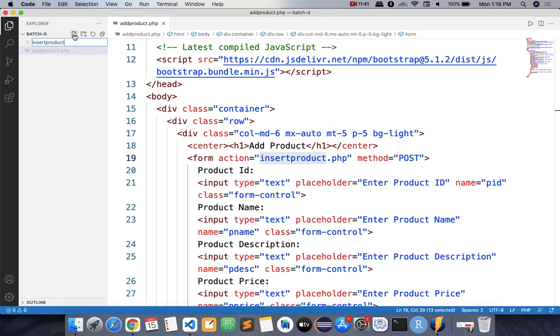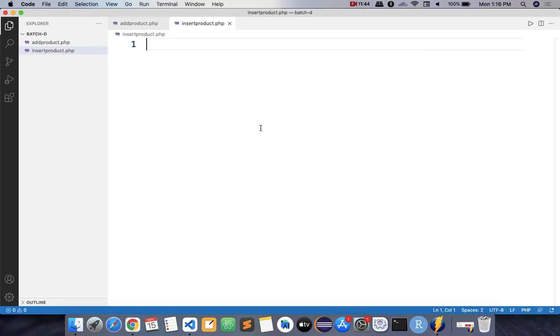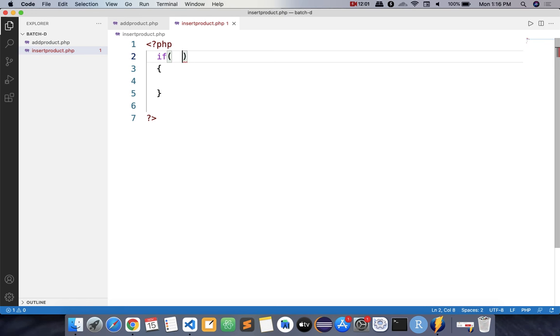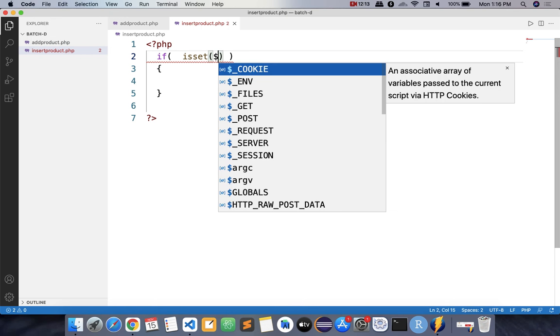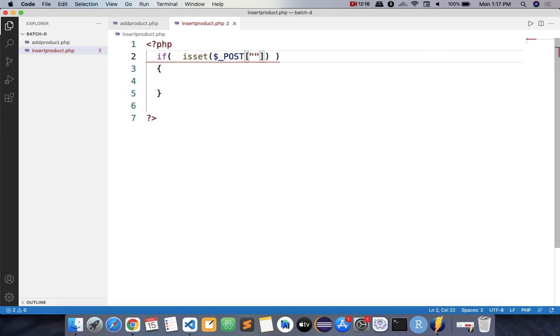Okay, so we need this page. Create another page, give the same name with extension php. So here you are going to receive that value in php code. On that page we have not written any php code, right? Okay, done. This page should be called only through the form. If you try to access this page directly, you should not be able to. So how to check it? If isset. What is the meaning of isset? It will check the value: if that variable has a value, only then the code will execute, otherwise it will not. So in what do we have to check the value? $_POST, and the button you wrote, submit. It means this code should execute only if it came through submit, otherwise redirect it.